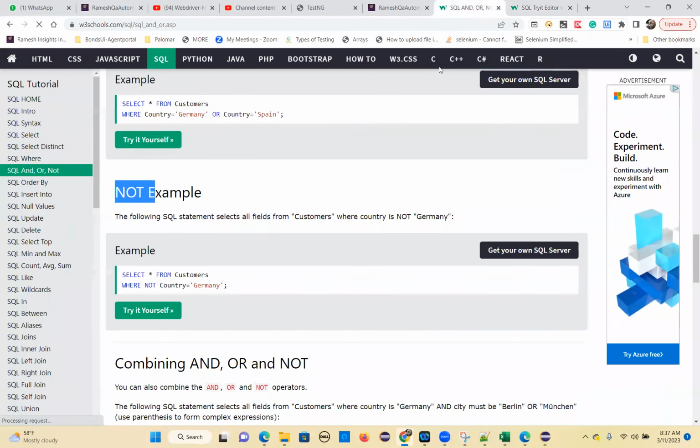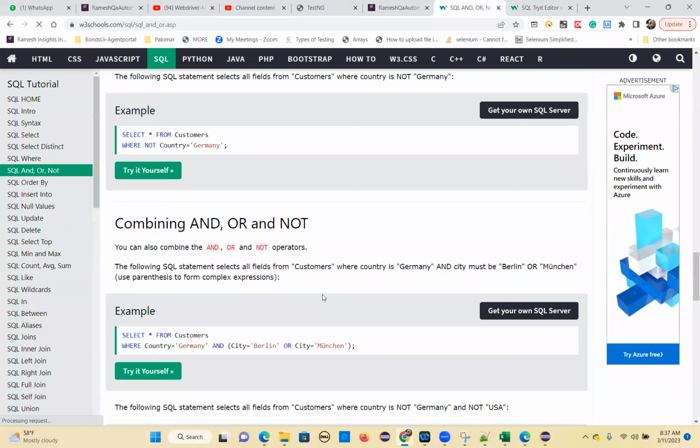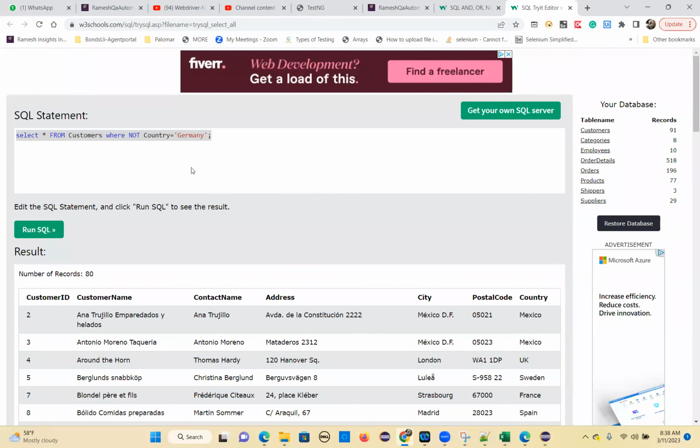Any questions? The NOT operator is just a keyword, and the NOT operator can be used on